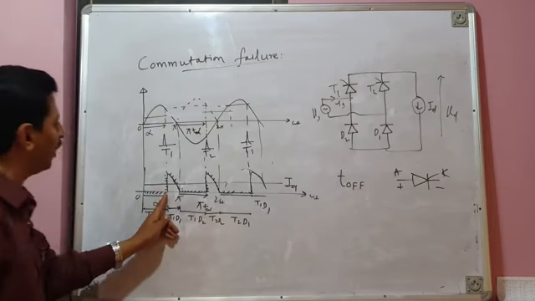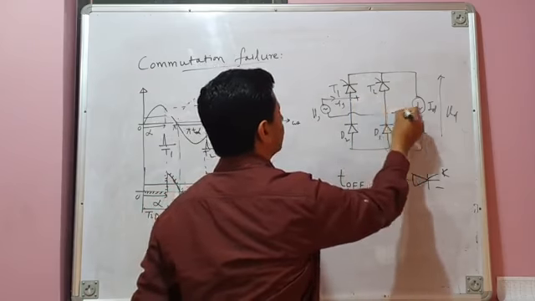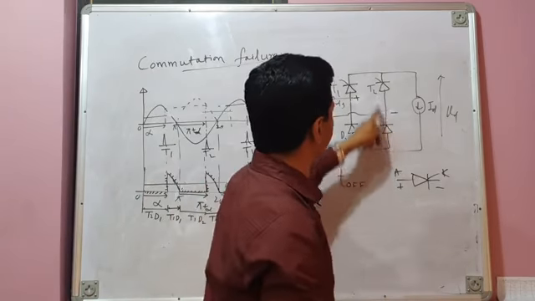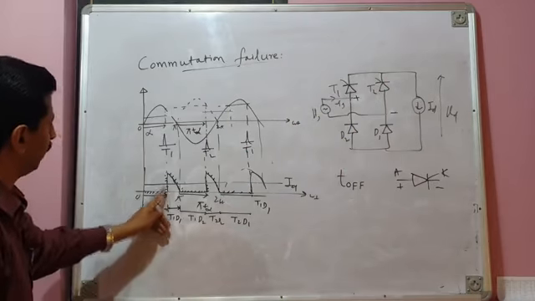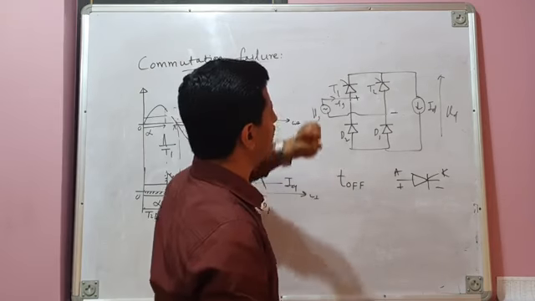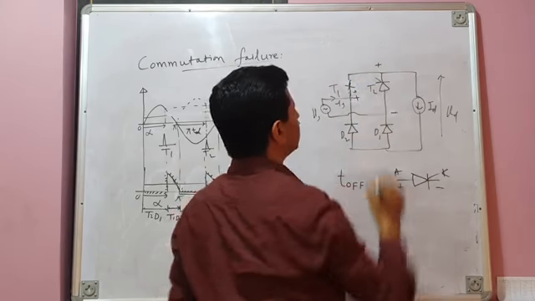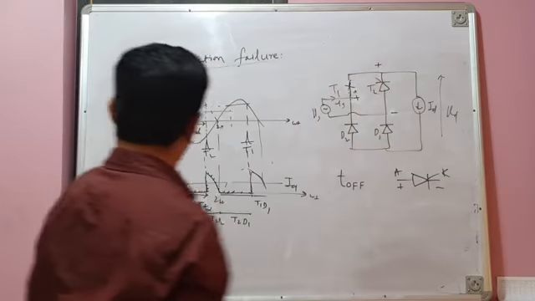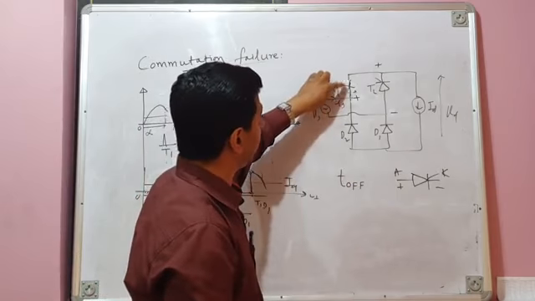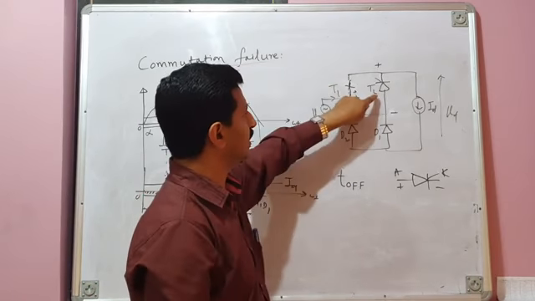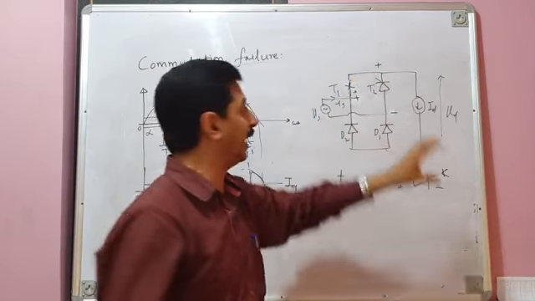Fine. And at omega t equal to alpha, thyristor T1 was fired because आपकी source voltage positive हो गई. But previously freewheeling was taking place like this. So T2 was conducting. Now at omega t equal to alpha, thyristor T1 is fired. As soon as thyristor T1 is fired, ये on हो जाता है, and this positive terminal comes here. And therefore what happens to thyristor T2, which was previously conducting? It is reverse biased and it stops conducting. That means firing of incoming device T1 causes reverse bias or turning off of outgoing device T2. So T2 turns off and it is reverse biased.